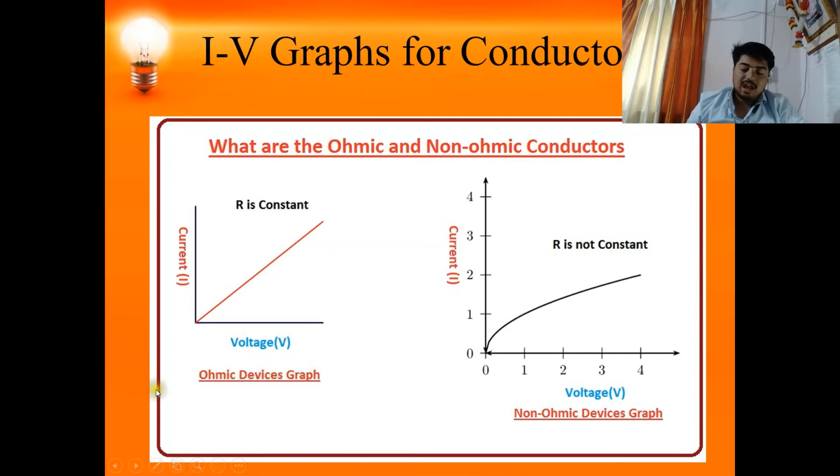Here we see the ohmic device's graph, or ohmic conductor's graph, is shown linear. On the independent x-axis we have voltage, on the dependent axis I, that is current. Hence current is dependent on voltage, and here if we take the reciprocal of this slope, we get R, that is resistance, which is constant. But for non-ohmic conductors, this graph is not linear. Here the line is passing through the origin, but it's not straight. So these are called non-ohmic conductors, and for them V is equal to IR, that is Ohm's law,